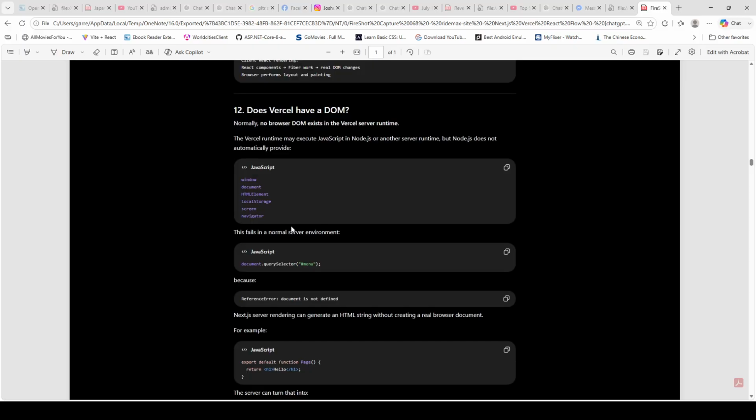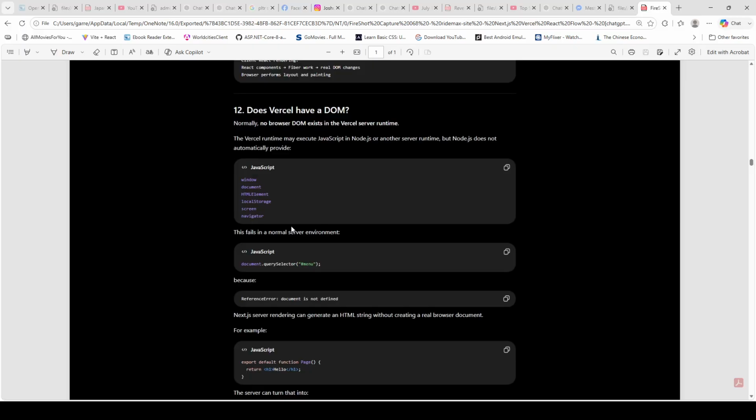Vercel may execute JavaScript in Node.js or some other runtime, but Node.js or the server does not automatically provide these things. They are provided by a browser for you, so they fail in a normal server environment. Take document, which is one of the most important classes of a DOM.